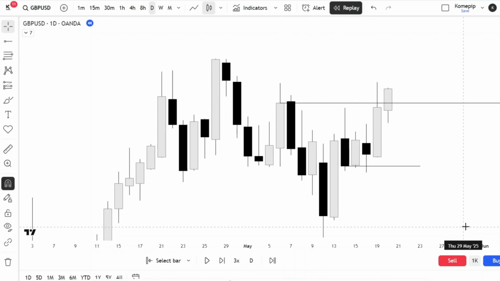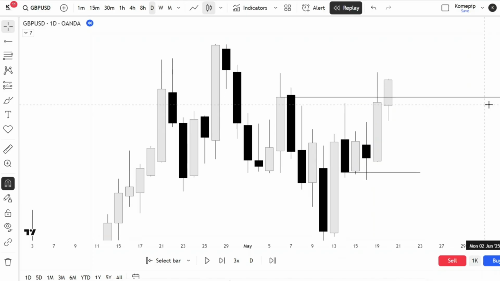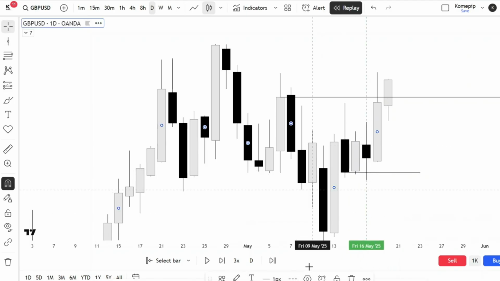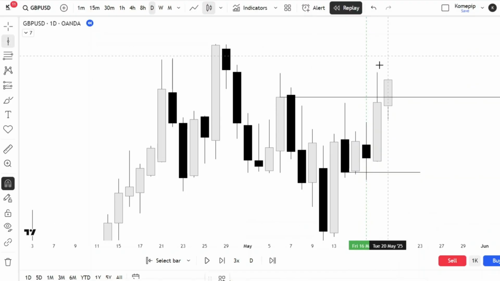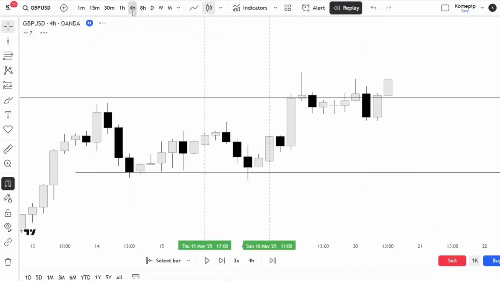Right now, what is the next one we need to do? We need to confirm our storyline. And remember, this is daily. What time frame are we going to use to confirm the storyline? The 4 hours. Correct. So the 4 hours time frame is what we're going to use to confirm our storyline. So two things here: we can mark this and we can mark this. The reason why we are doing this is so that we can understand the people that are involved in the